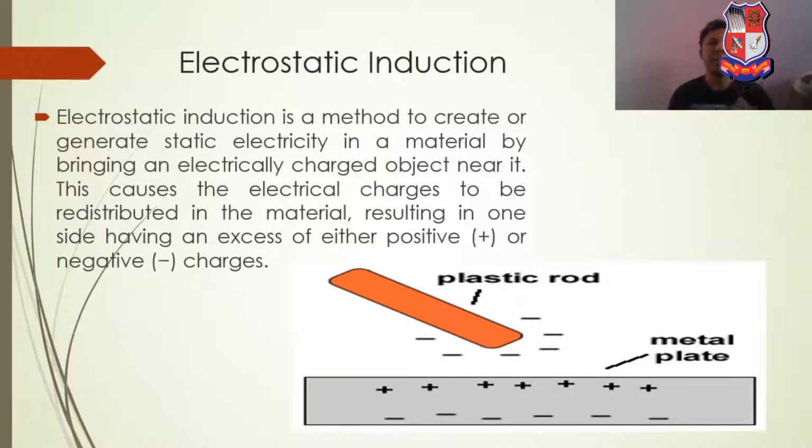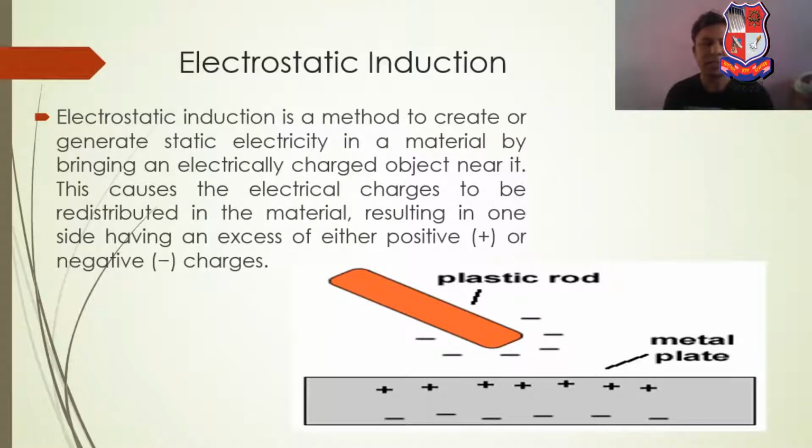Another example is the CRT TV of the past. When a person goes near the CRT screen, the hair will stand up and be attracted to the TV screen. So this is one example of electrostatic induction. It is the process to create positive charge and negative charge. If a negatively charged material is rubbed on something, then positive and negative charge is produced. So this is electrostatic induction.